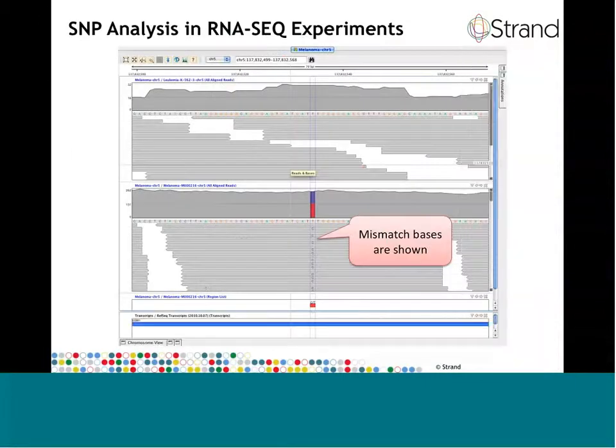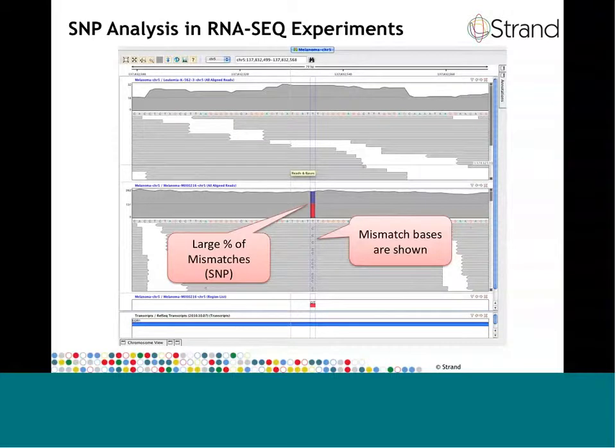RNA-Seq experiments also provide the information for SNP detection. Here we are looking at a zoomed-in region of an area where the reads are shown as gray bars with only the mismatches to the reference genome showing up as base calls. There are a large number of mismatches to the reference genome in this particular position for this particular sample, and